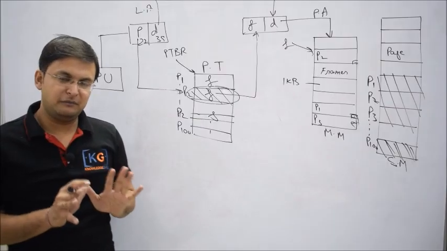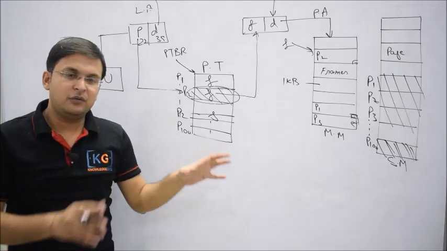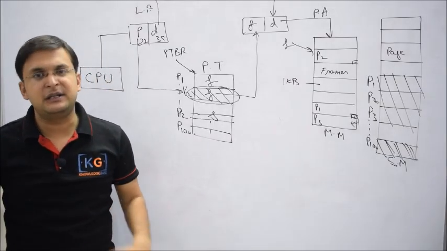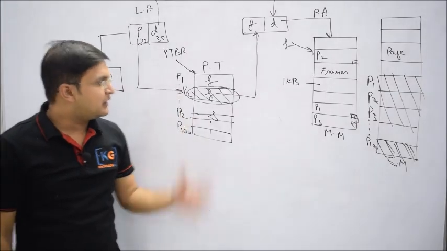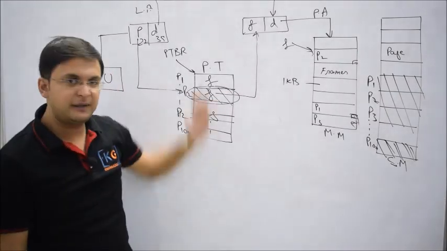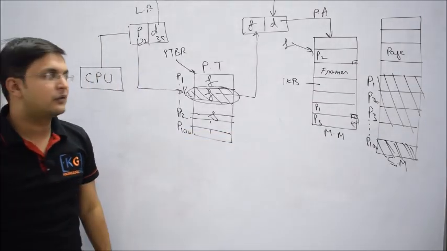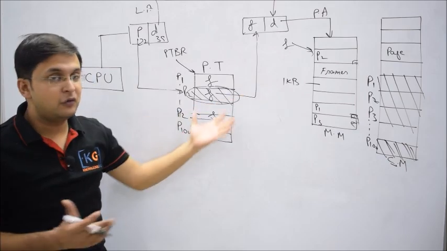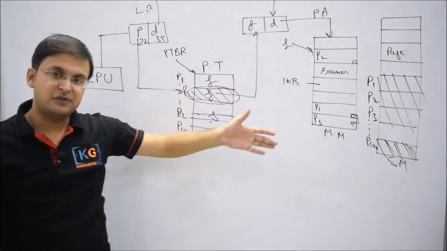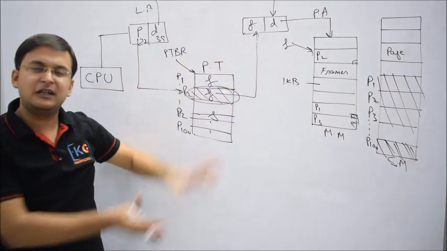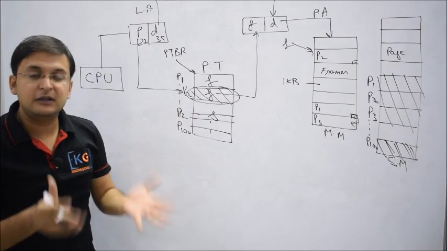I want you to understand one basic thing. In computer science, there's a reverse trade-off. If you try to have faster time, then there will generally be a space penalty. If you want to have lower space, then there will be a timing penalty. So what we try to do is improve the space, utilize the space more efficiently, because main memory is a very important resource. So we go for the non-contiguous policy, because of which the access time becomes slow. So we tried to utilize main memory efficiently, used it non-contiguously, and the problem is that the time became slow.